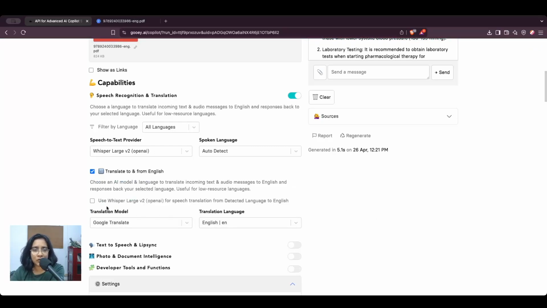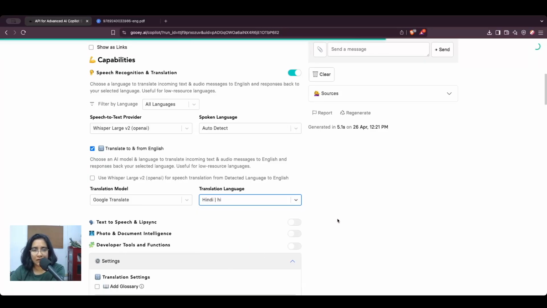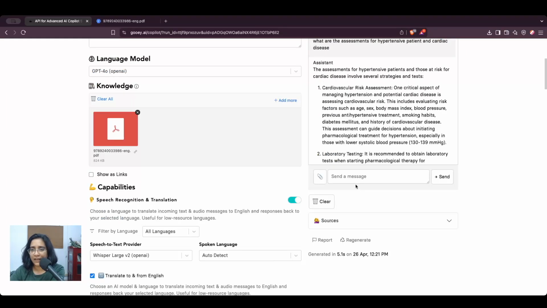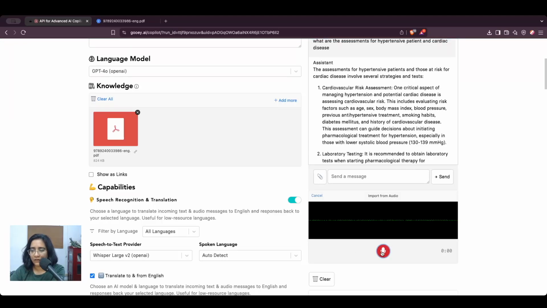And then we can choose which model we want to use for translate. I think Google Translate's already here, and the translation language we want is Hindi, right? And then I'll ask my question here again, open the clip, add audio, hit record, and I'll say,